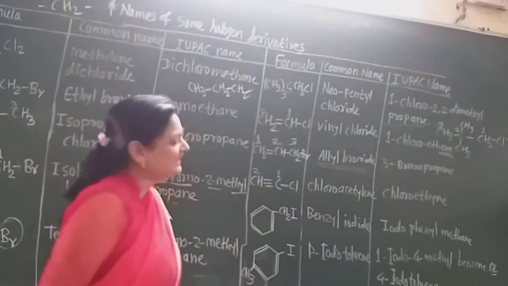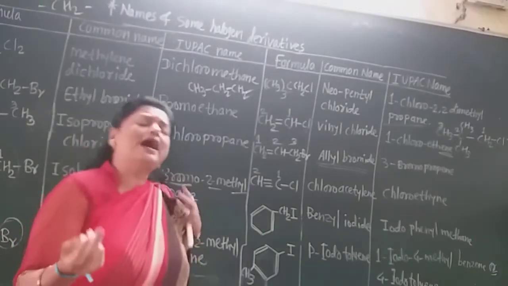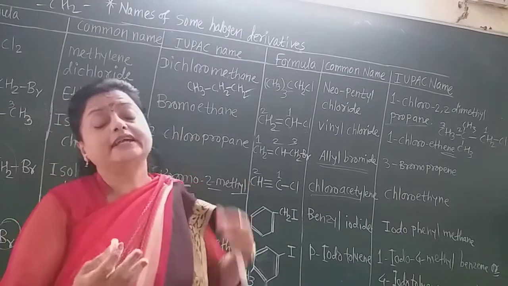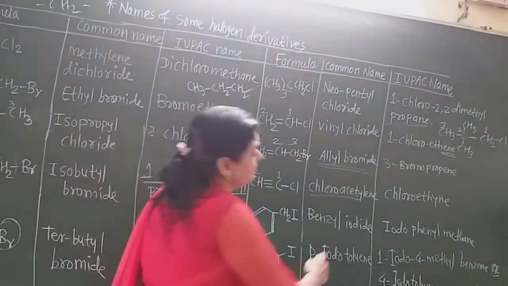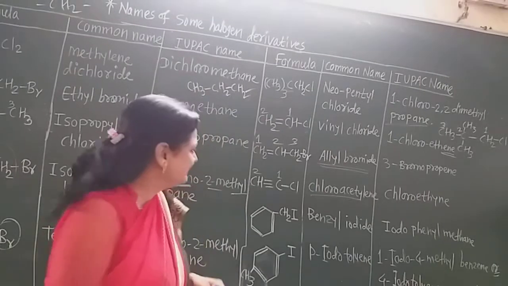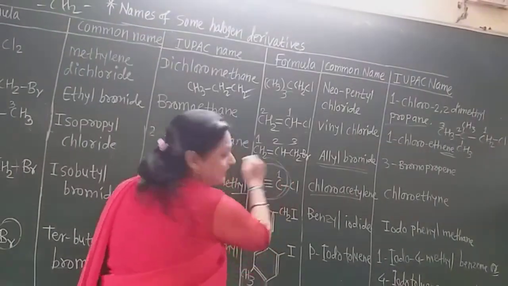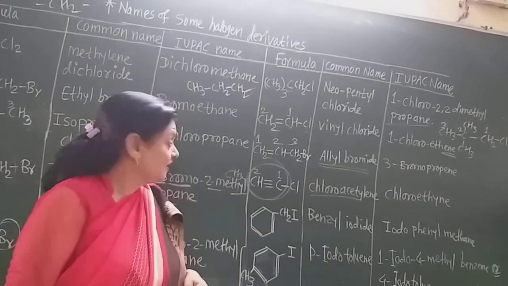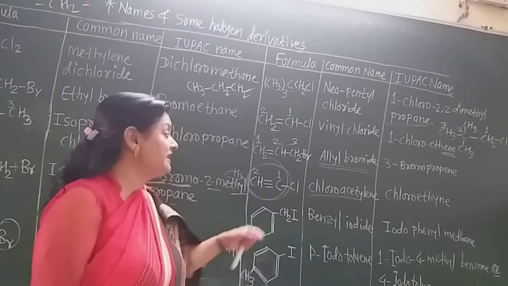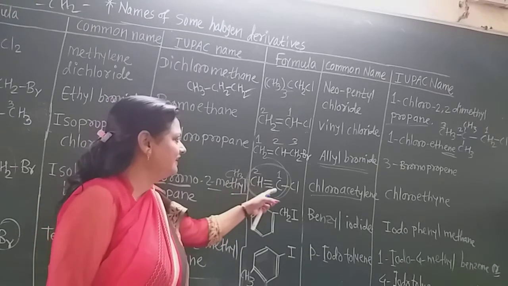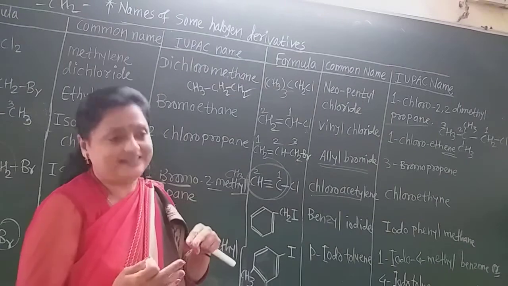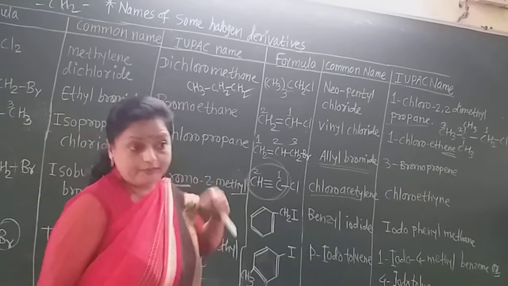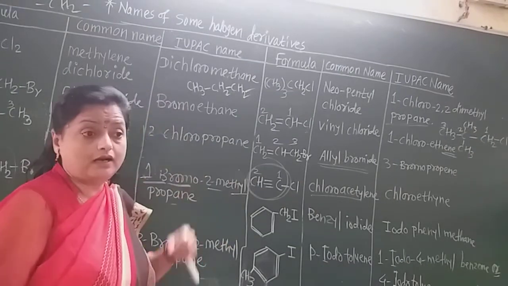And commonly it is chloroacetylene. You may ask me, madam, such types of compounds we did not learn in the classification, then why is there the word acetylene? Yes, this grouping is the acetylene grouping. Suppose there is a methyl group there, still the name is 1-chloro, but then it is not acetylene, it is propyl. But this is acetylene, so the common name is chloroacetylene. Remember that. That is the different halogen derivative.